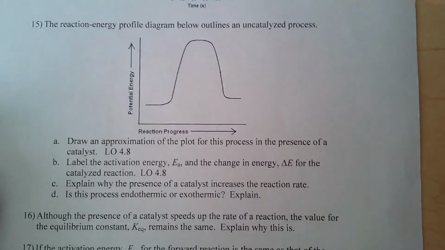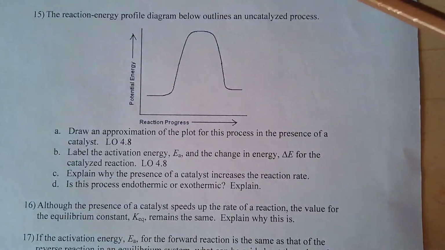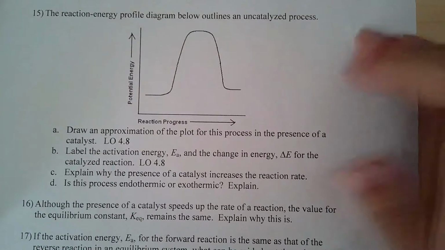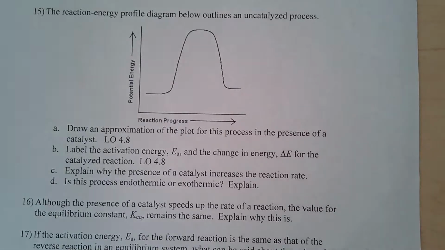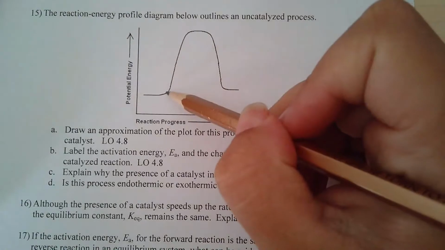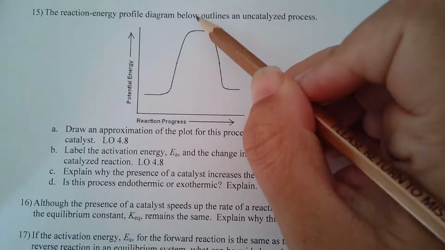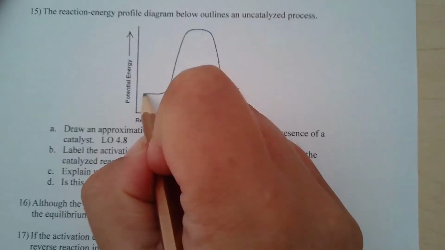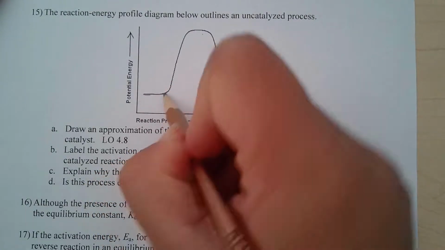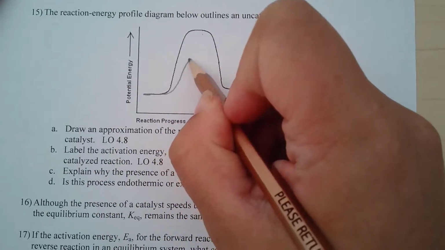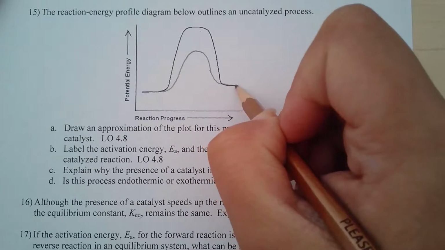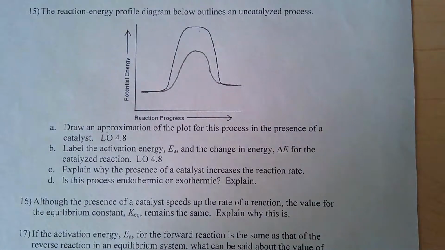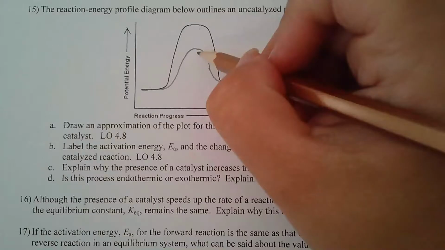Question 15, this reaction energy profile diagram outlines an uncatalyzed process. Approximate the plot for this process in the presence of a catalyst. Again, we know that a catalyst lowers the activation energy. We know that the activation energy is the distance between your reactants and this line up here, which means your energy for your reactants is going to be the same. You're going to take a different, lower activation energy, and you're going to have those products be the same as well. So all you're doing is changing